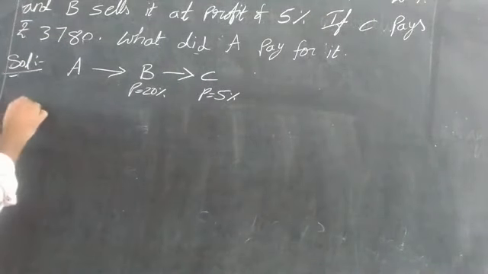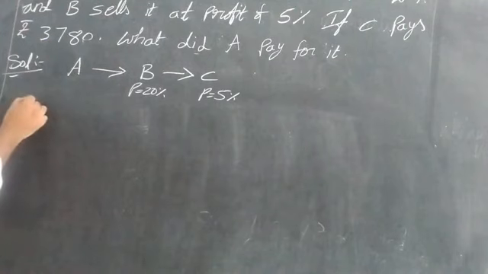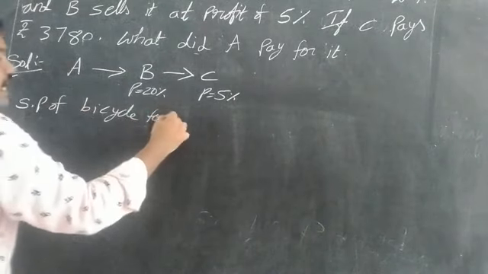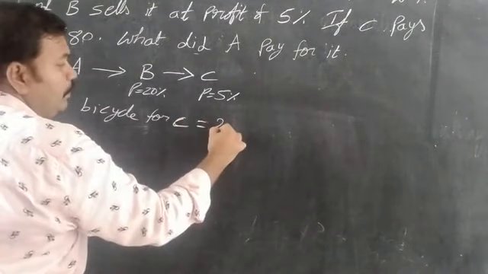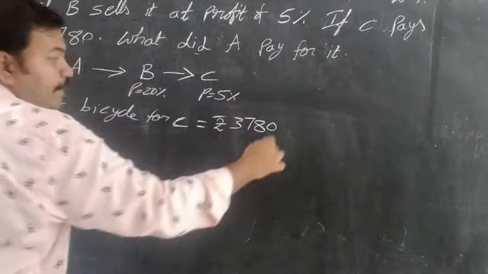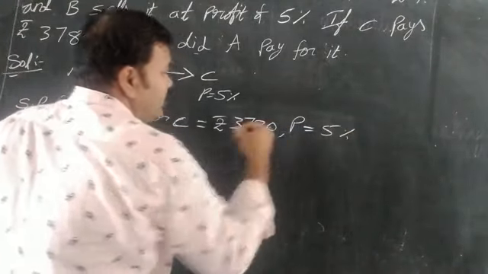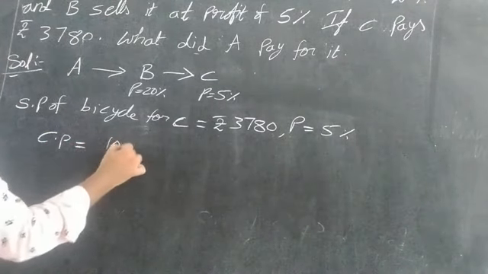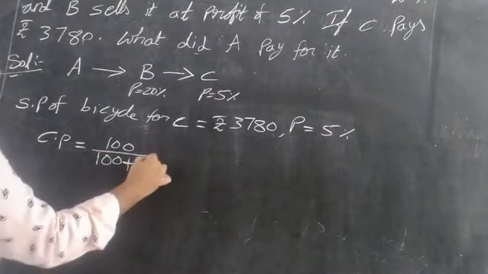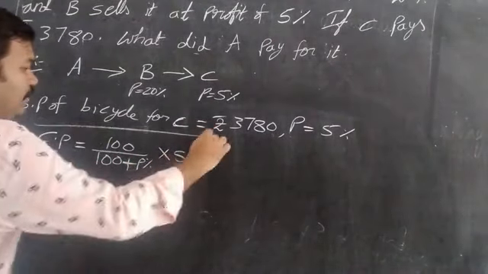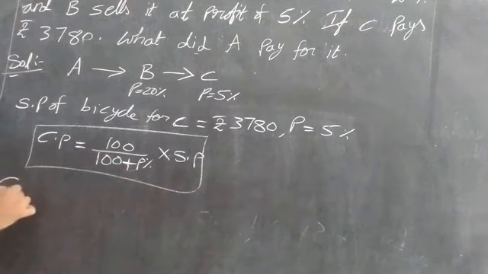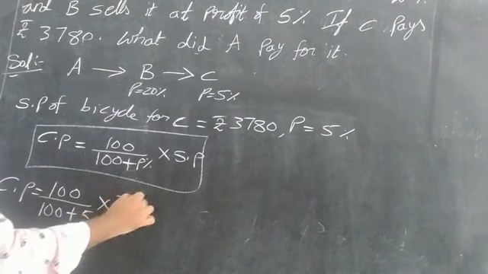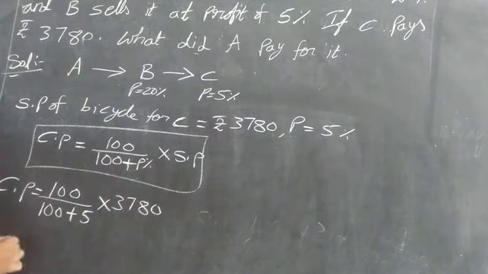What rupees is given? That is given. SP of bicycle for C is equal to rupees 3780 at a profit of 5%. From this, what we have to find? Cost price. CP is equal to 100 by (100 plus profit percent) into SP. According to this formula, we have to find. Substituting, CP is equal to 100 by (100 plus 5) into 3780, which is equal to